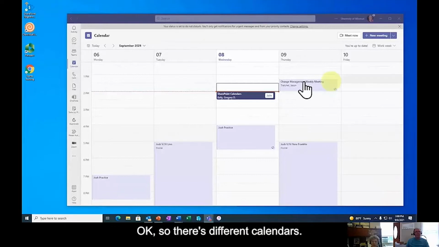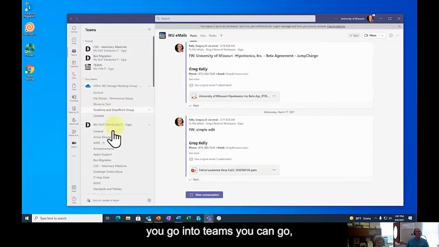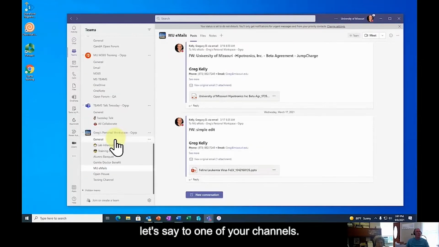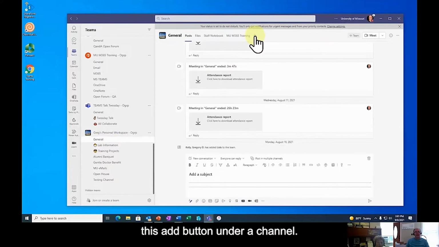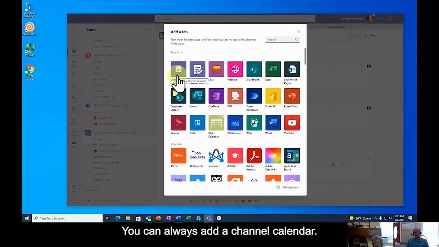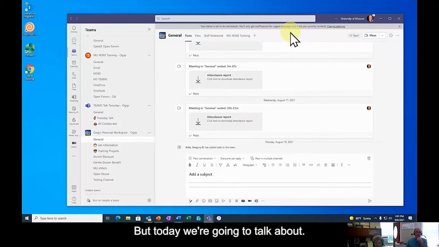Okay, so there are different calendars, of course, available in Teams or SharePoint. One of them is if you go into Teams, you can go to one of your channels, and by clicking this Add button under a channel, you can always add a channel calendar. So if you want to collaborate with people in your channel, that's an easy way to do it. But today we're going to talk about